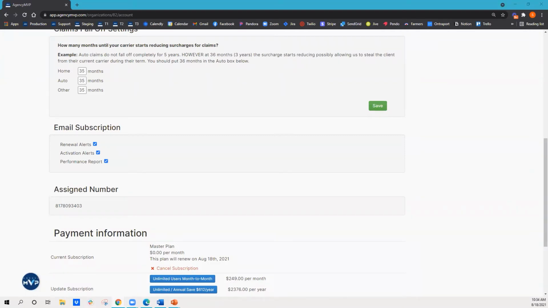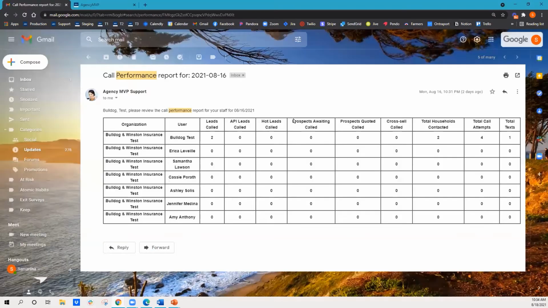And then the next step is the performance report. The performance report is actually an email that you will receive every night. It's going to come about 10:30 p.m. Central Time. Here's a quick little shot of one. This is going to show you all the call activity across the agency that day. So we have each staff member's name that's active, okay? And then we have how many leads they called, how many API leads, so those will be the integrated leads for that day, hot leads that were called, awaiting prospects, quoted prospects, and the cross-sell opportunities that were called for